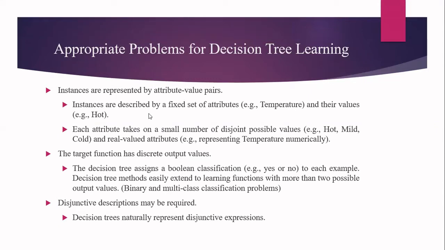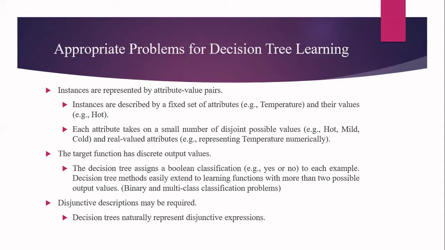We have seen many data sets in the candidate elimination algorithm and the Find-S algorithm. There, every instance is represented by means of a fixed set of attributes. For example, one of the attributes is temperature, and in the instance, that is in the record, I will say what the value for that particular temperature is. So if your instances are represented by attribute value pairs, you can use the decision tree for classifying those instances.